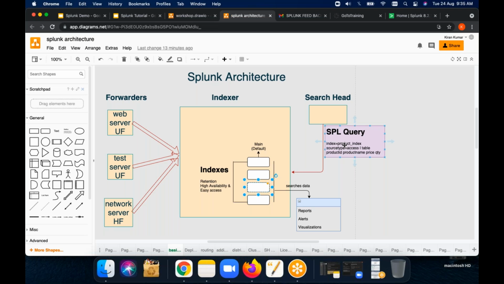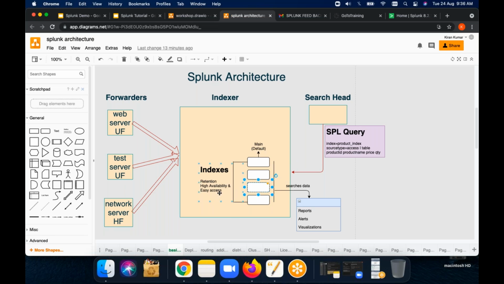easy processing also, fast processing will also happen, right? If every data is there in a single index, then it has to search all the things. If you are searching for a particular web server data, then it has to search all the things if it is in a single index. But now if it is in different indexes, and you are searching with that particular name of the index, then it will get only that particular index type. So that is the thing.